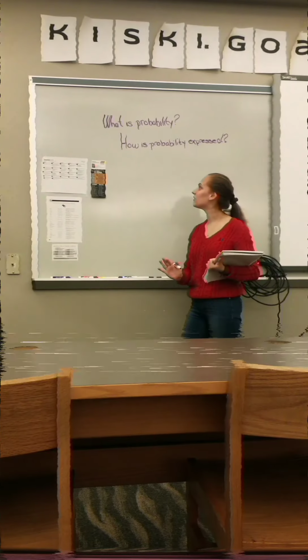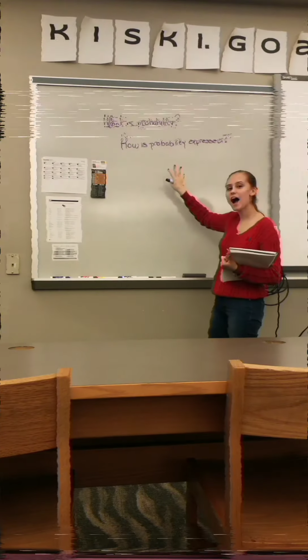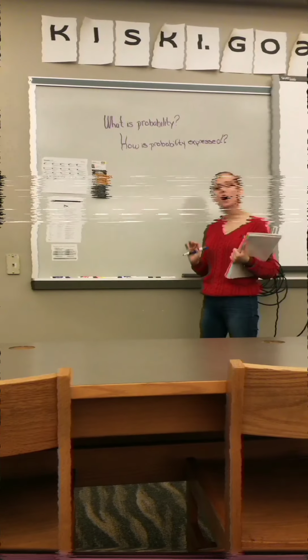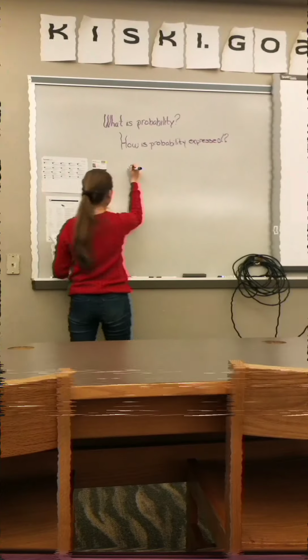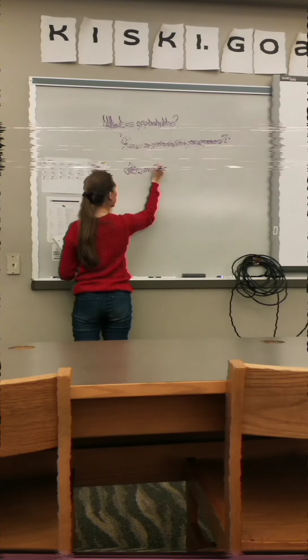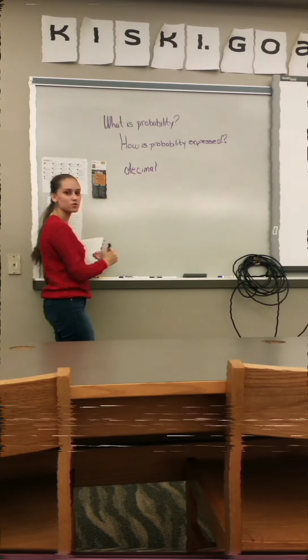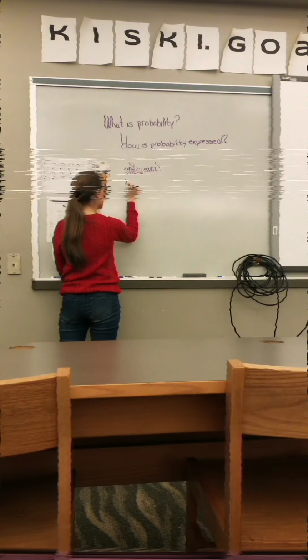We talked about what is probability, but now we need to talk about how is probability expressed? How am I going to see probability? So you'll see probability three ways. You'll see it as a decimal, which is most commonly used in statistics. You'll see it as a percent,